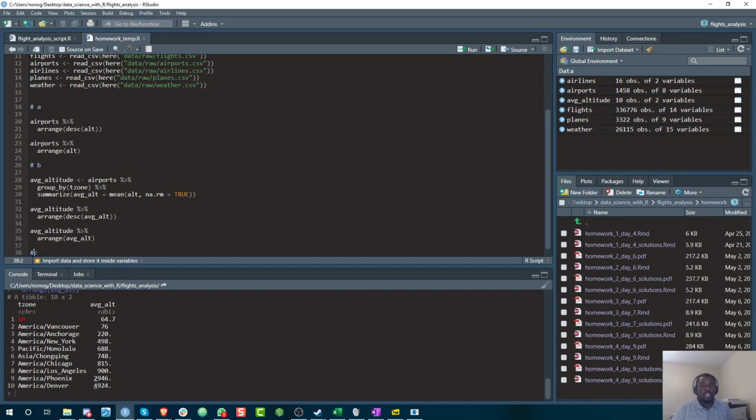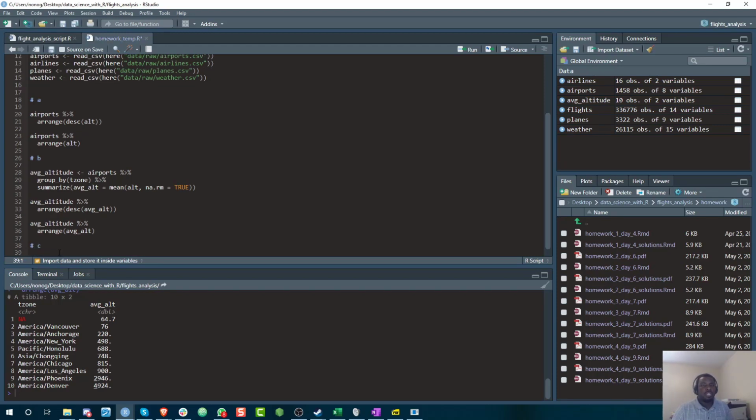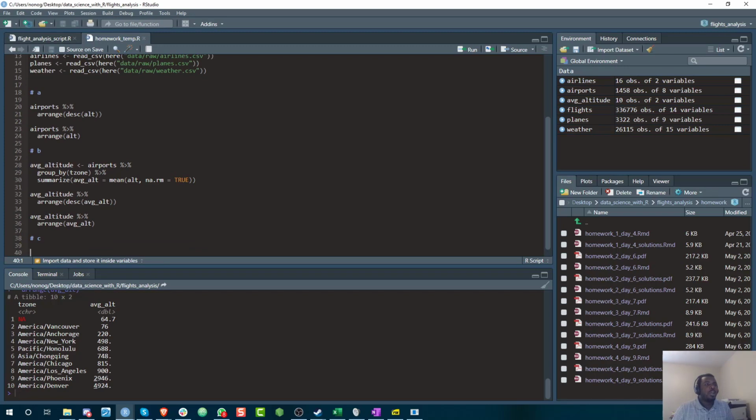Okay, so let's do C. Compute the number of airports in each time zone, then find out the time zone with the most airports and the time zone with the least airports. So now we're looking at counts. We want to count the number of airports for each time zone. So basically, we can have